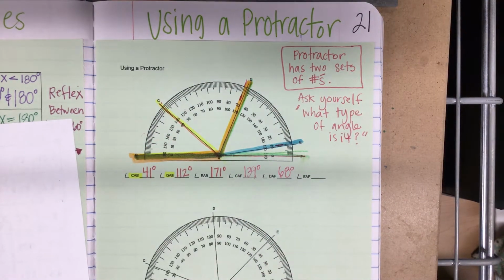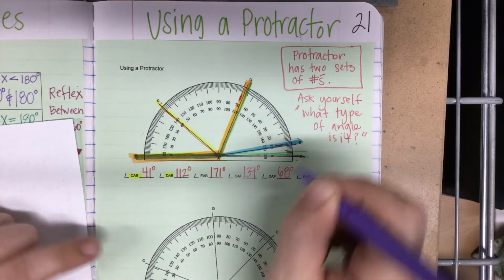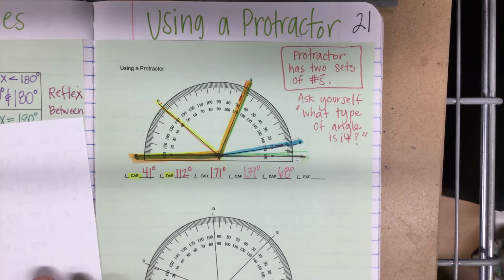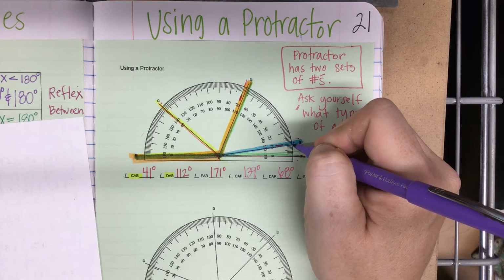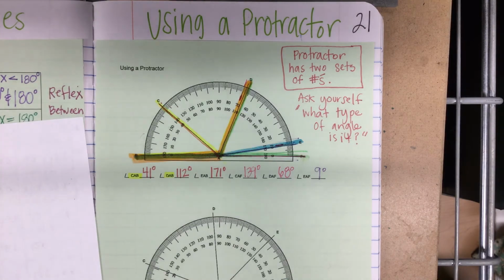And then EAF. What kind of angle is EAF? Acute. Is it 10? No, it's one below it. So it's 9 degrees. Using a protractor, there are two sets of numbers. You have to be really aware of which direction